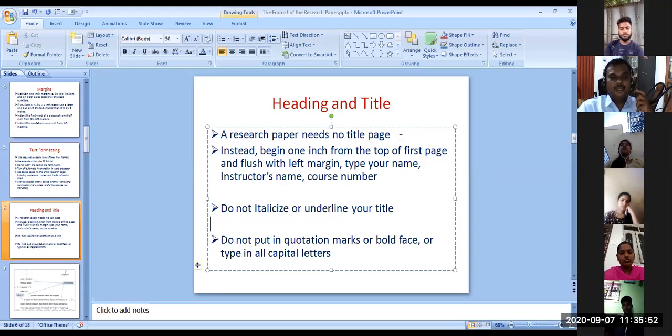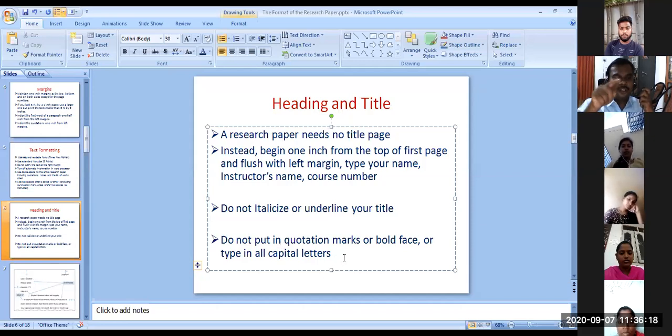So research paper needs no title. Start 1 inch from the top of the page and start from your left margin. Type your name, instructor's name and course number. Don't put italic letters, because italic letters mean a foreign word or a title. Do not put in quotation marks to show your title.